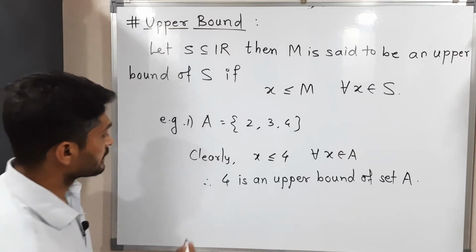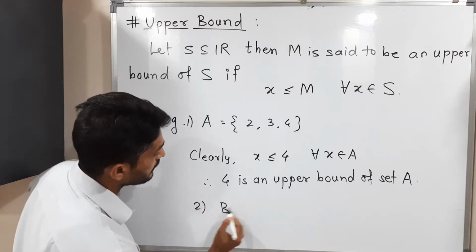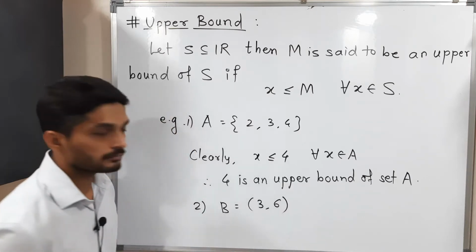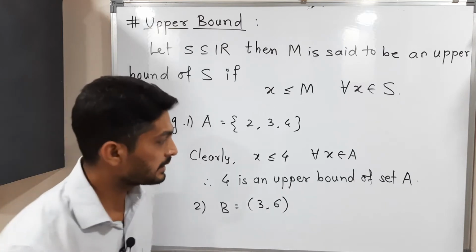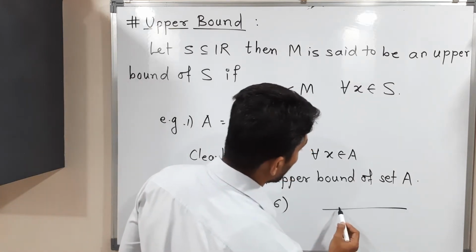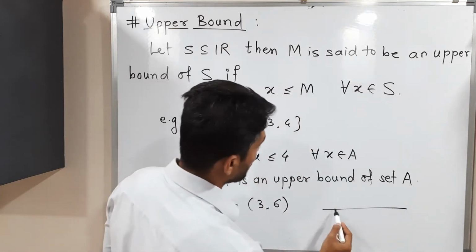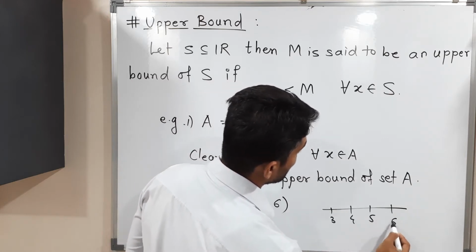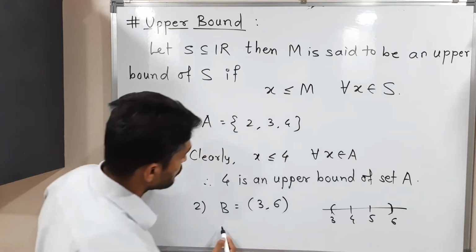Let us discuss the second example. Suppose B is equal to the open interval (3, 6). What is the given set? B. B is an interval here. Here we had taken only 3 elements, but here we have the interval containing 3, 4, 5, 6. So clearly,